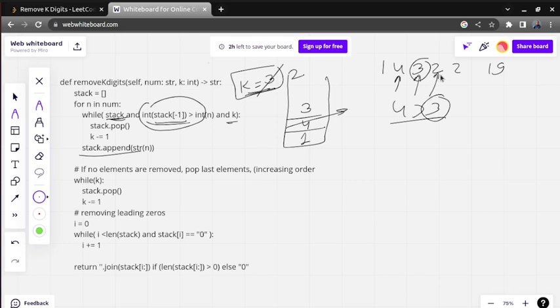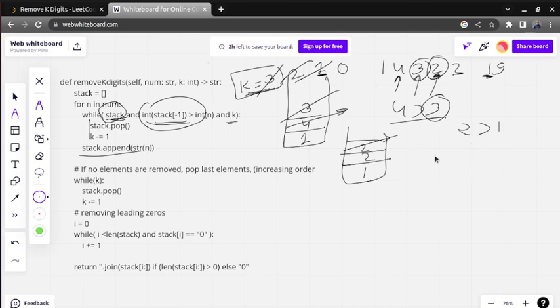Now we come to the next element and we check whether it is greater. Yes, it is greater. Let us pop this element, the k value is decreased by 1, and we append the next element, that is 2. So we now have two elements, 1 and 2. Again we got a 2. The stack has an element but it is not greater, so we will add that element. Now we have 1. Again we have elements in the stack, and the top element is greater than the current element, and the k value is equal to 1. So it will go into the while loop and pop the 2, and the k value will be decreased to 0.